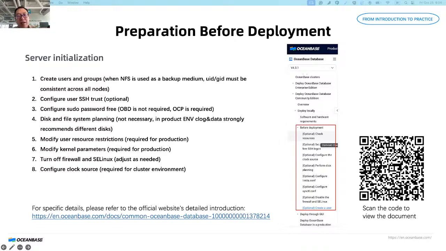This must be configured in the production environment. If it's deployed in a personal learning environment, it will remind you in the form of an alarm. The fifth and sixth steps are the same